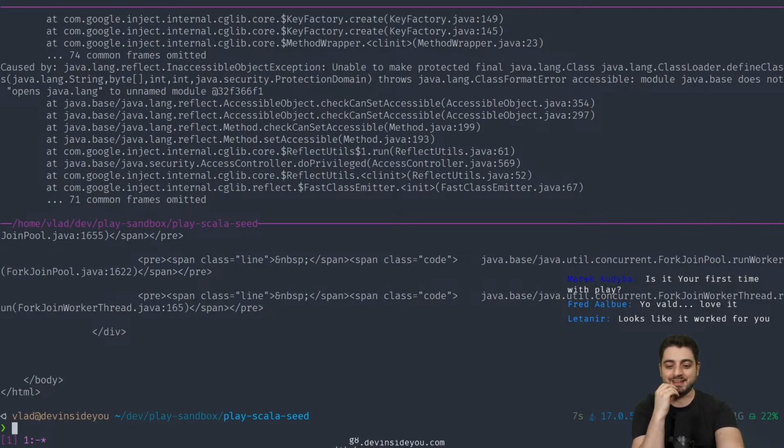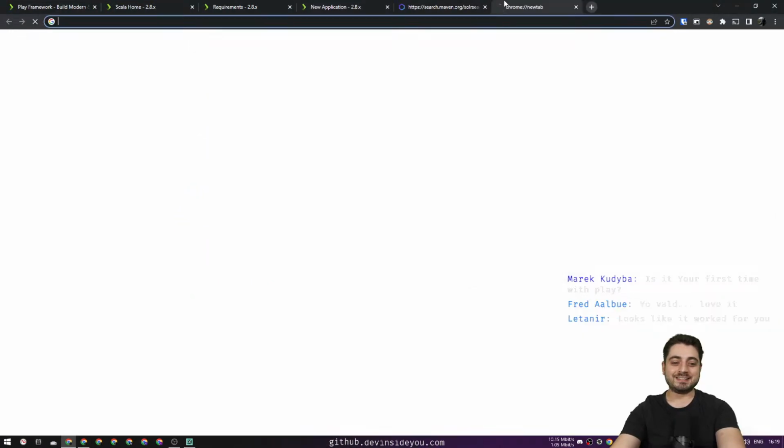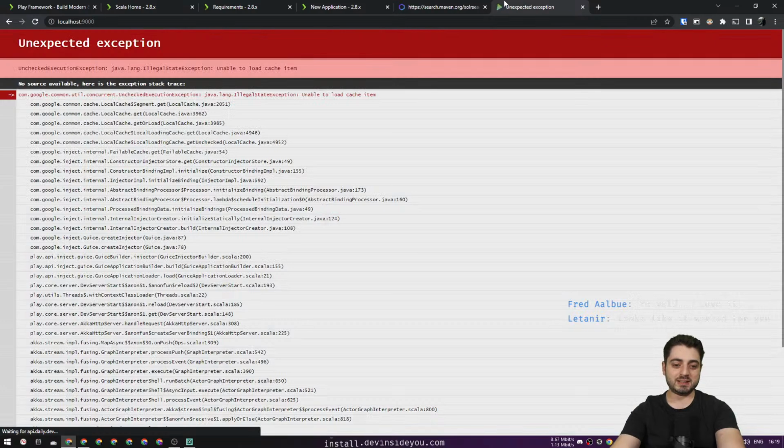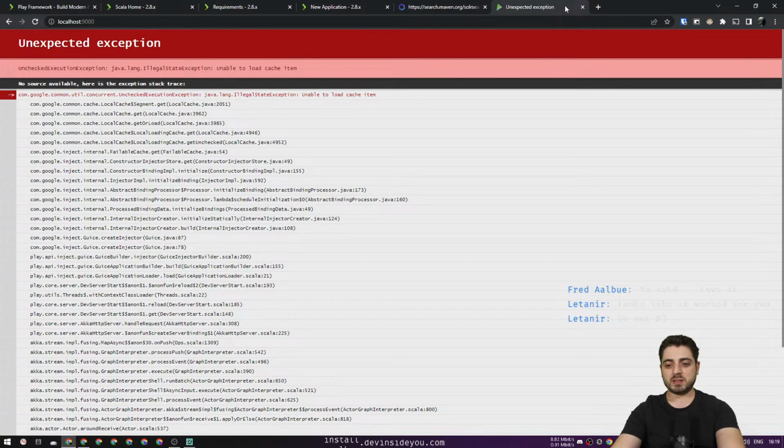Yeah, looks like it worked for you. No, it didn't. All right, let's also try localhost 9000. Maybe I just want to see, because this was one of the good things about Play: the developer experience was actually really great. I really remember it. Basically, in dev mode, you see stack traces. Yeah, for sure, it's a new Java issue. All right, so